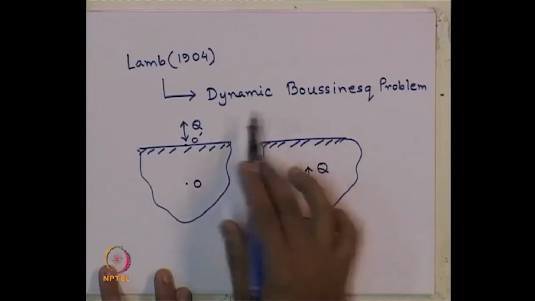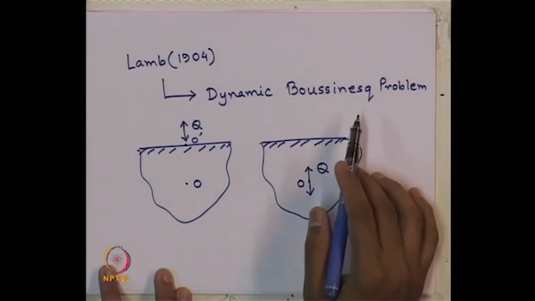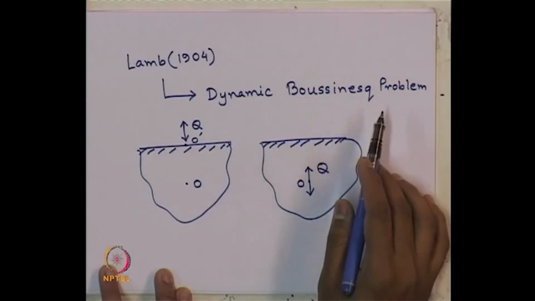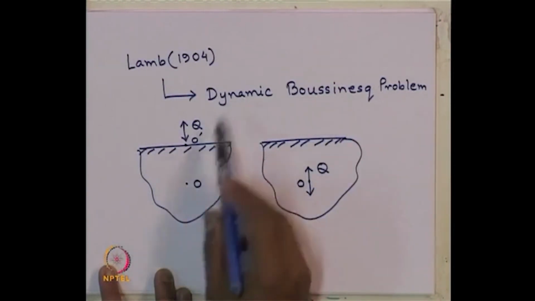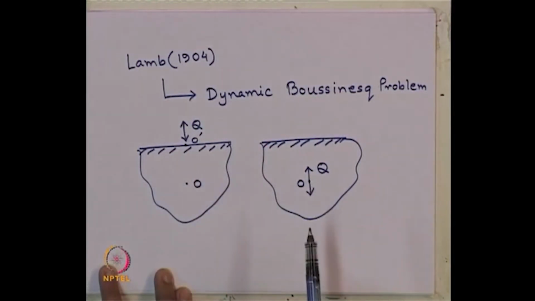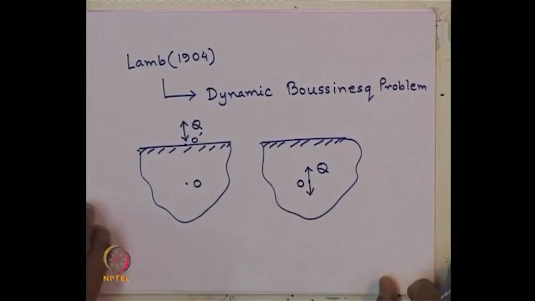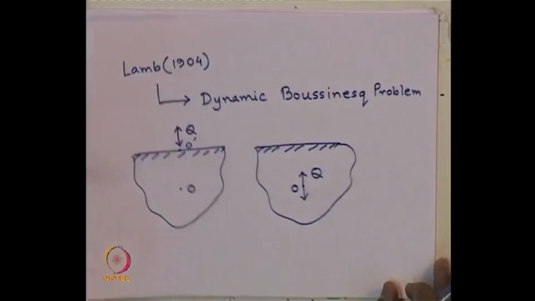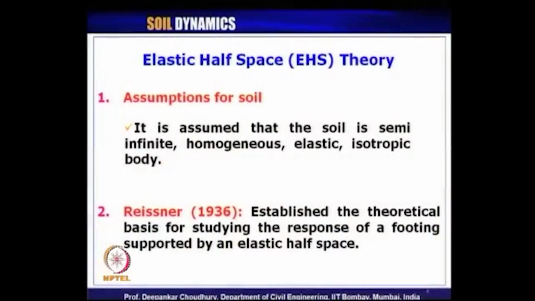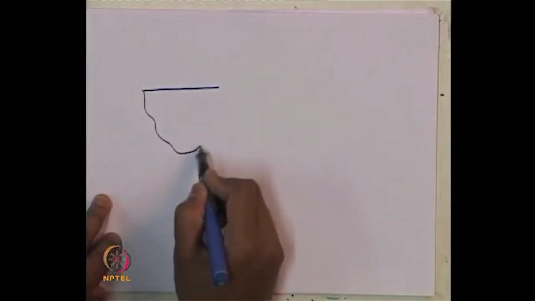So, this is basically conceptualized from the static Boussinesq problem. Instead of static load, now it has been changed to dynamic load. So, this is for vertical mode of vibration. Similarly, for horizontal mode of vibration, the problem can be stated